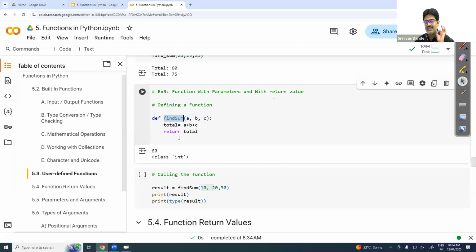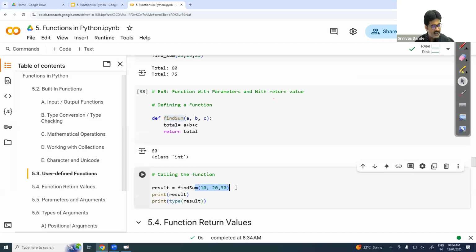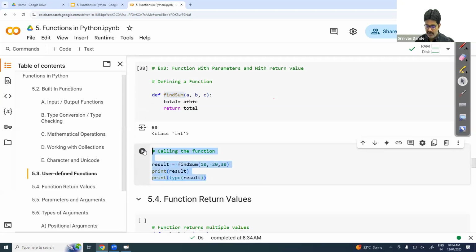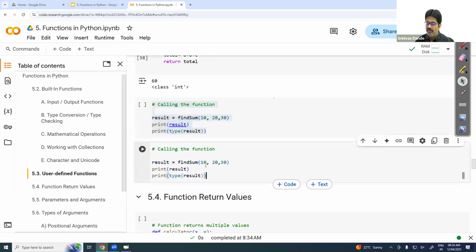As long as I am passing numbers, it works fine. Suppose I made a mistake like this, guys. Find sum, I am passing characters. Suppose hello I am passing, comma, hi I am passing, comma,